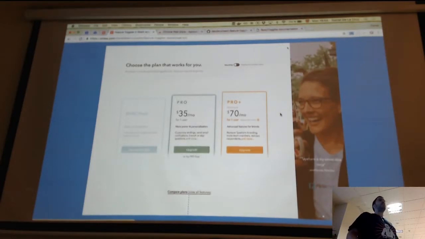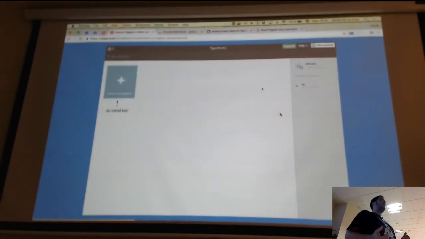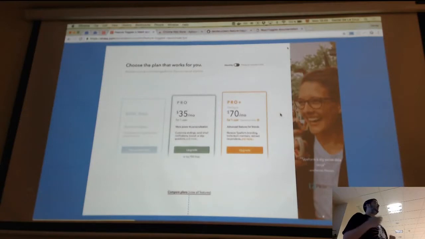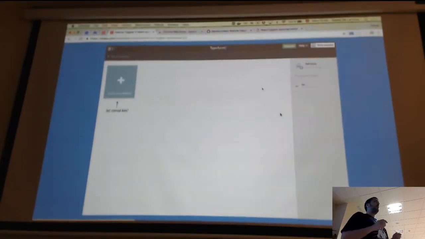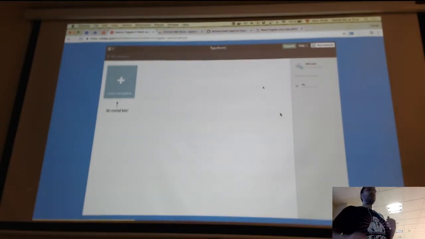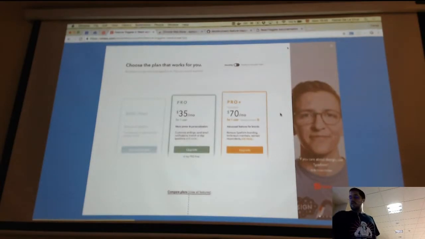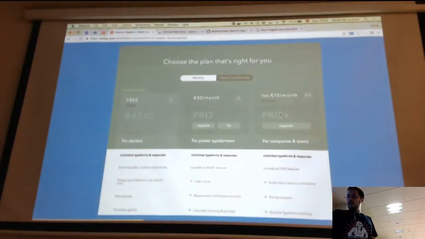doing A/B testing or feature toggles for deciding which is the most appropriate page for the customers to pay when they are subscribing to our Pro product. This is the page that they see, and we may want to improve and optimize the calls to action in this page. So we may want to use a feature toggle here. This is the new version that we are seeing, and this is the current version,